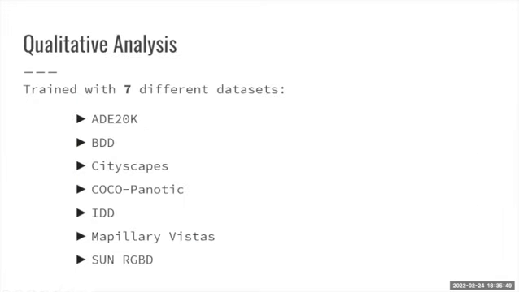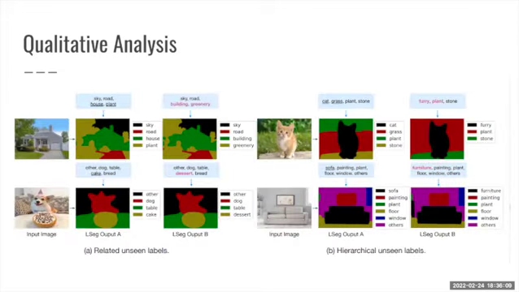So for qualitative analysis, here it is trained with 7 different datasets. The first one is ADE20K, second one is BDD, third one is Cityscapes, then Coco Panoptic, IDD, Mapillary Vistas, and Sun RGBD. So if we see over here on the left side,